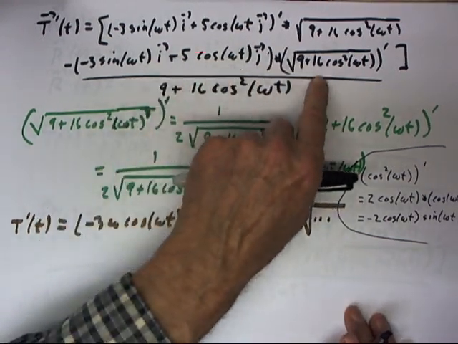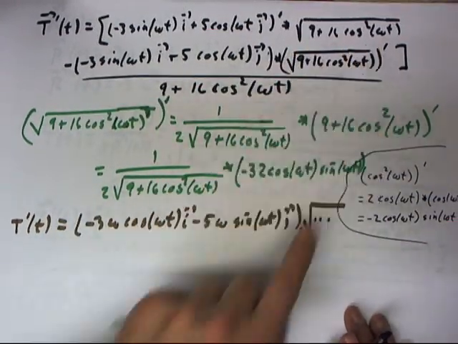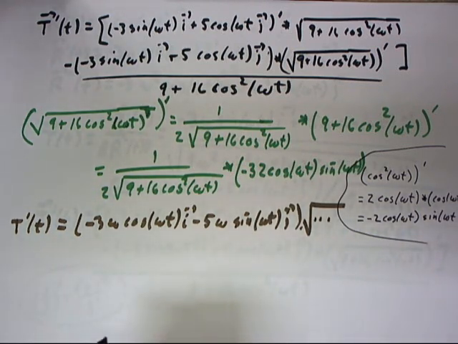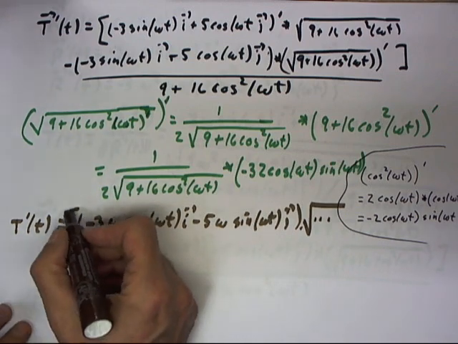Anytime we see a square root in this expression, it's going to be the square root of 9 plus 16 cosine squared omega t. So there's the first